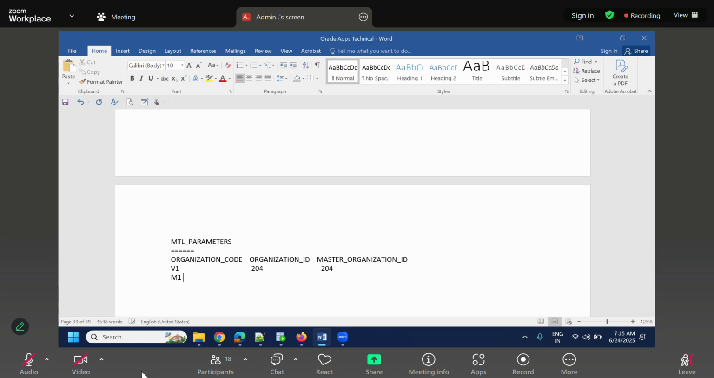Then M1 is the child. Organization ID is 207. Then the master organization ID is 204. Then M2,